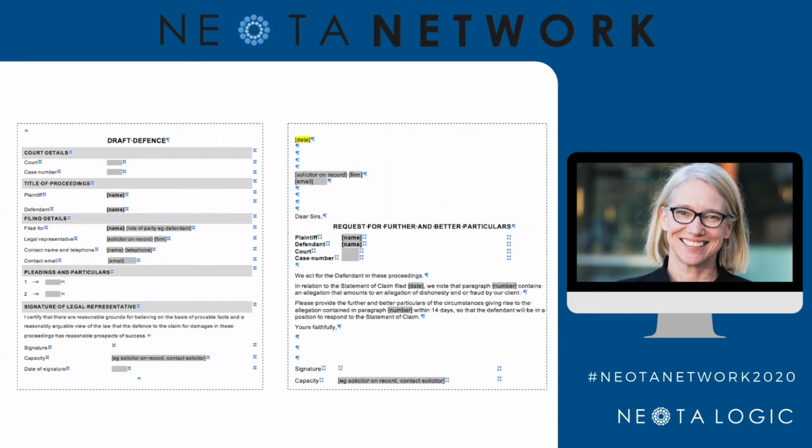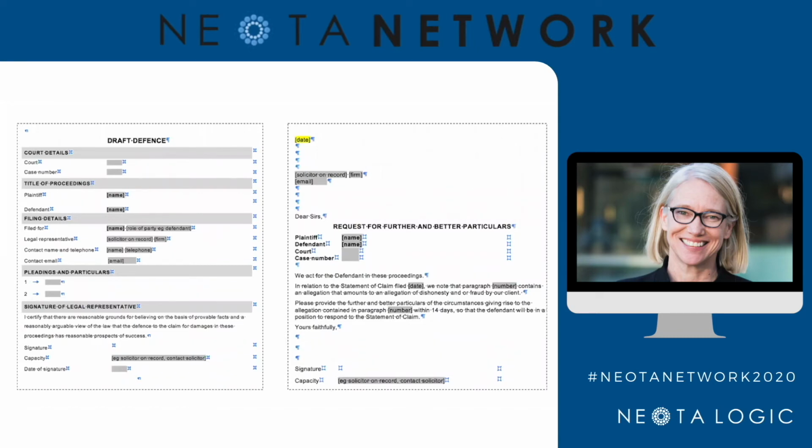What we want to produce with the app that we have delivered in this course is a draft defense to a real statement of claim, and then a request for further and better particulars. Now you might ask, what is so special about this? Well, if you're a junior lawyer and you're asked to draft a defense, this is a process that is riddled with risk and uncertainty. The app